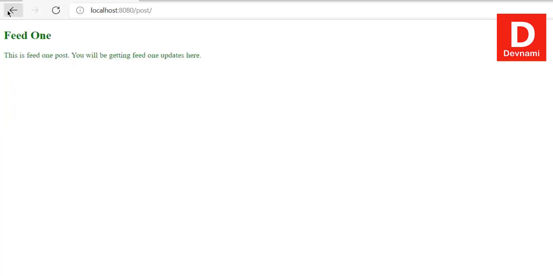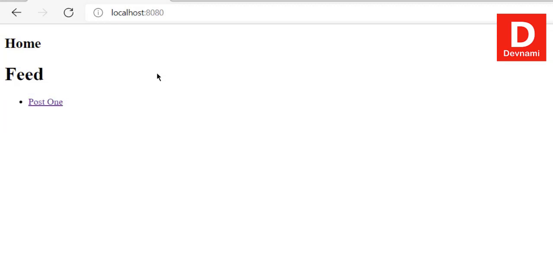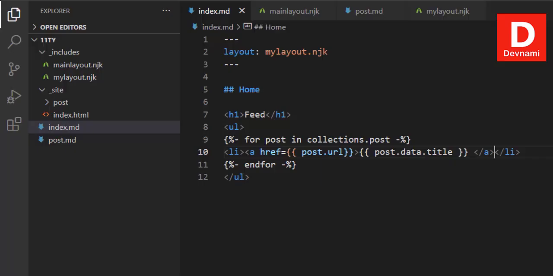So you get the idea how to link between your posts in the form of a collection. Okay, so what we can do right now is see how to add a date to this particular home page, and we will add some date next to the feed post, right? So what we'll do is go to index.md, and within this loop for our collection,